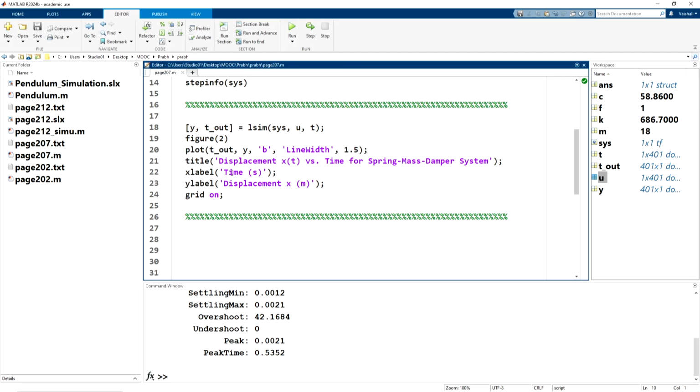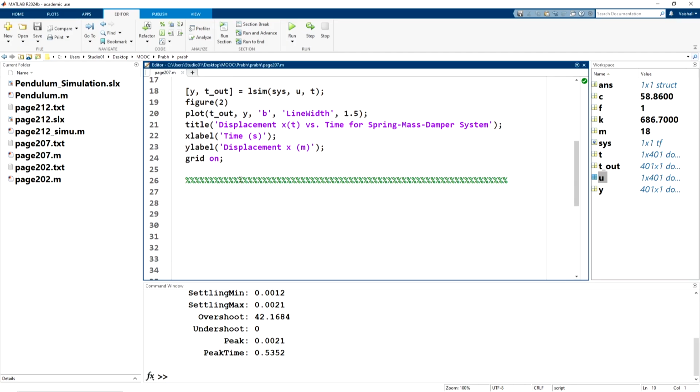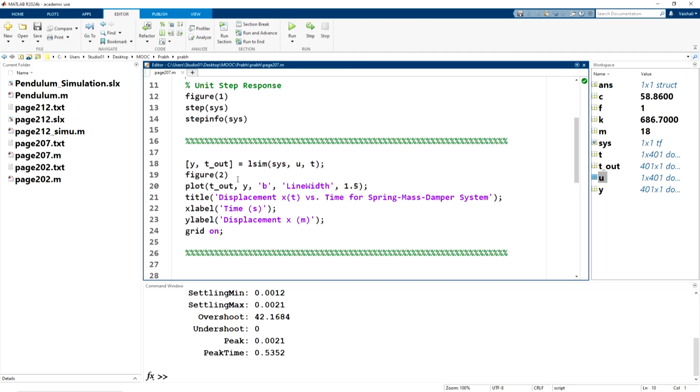Now after this, how do we plot velocity? So there are multiple ways. So let us try one of the methods.